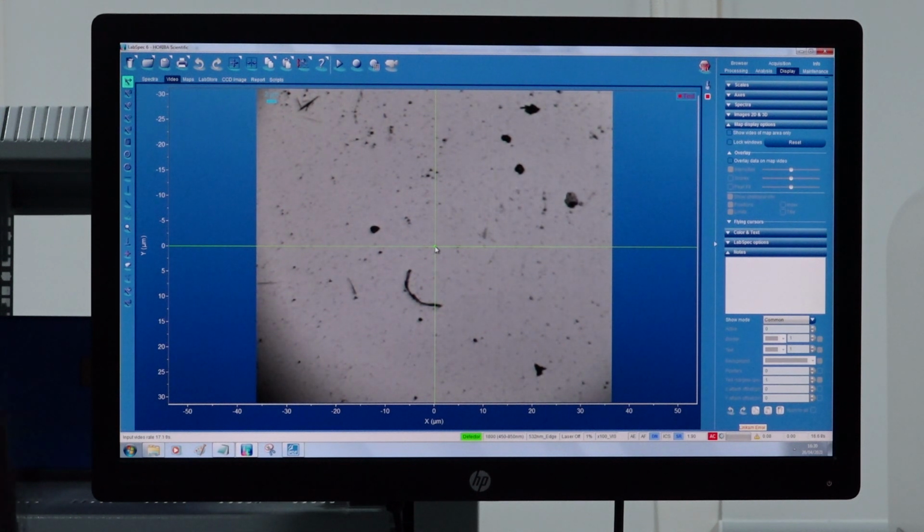I will rotate the fine adjustment knob to check if any other focusing is required. Yes, so now the sample surface is fully focused, and now we can move on to the next step.